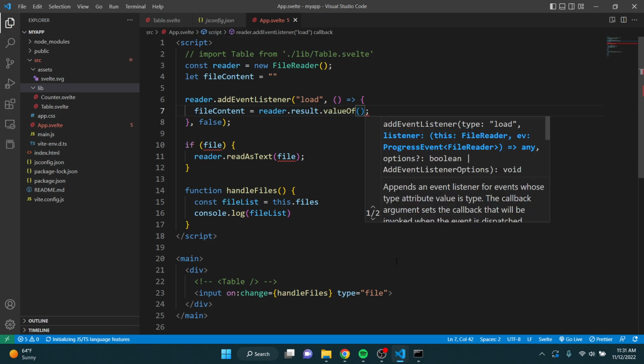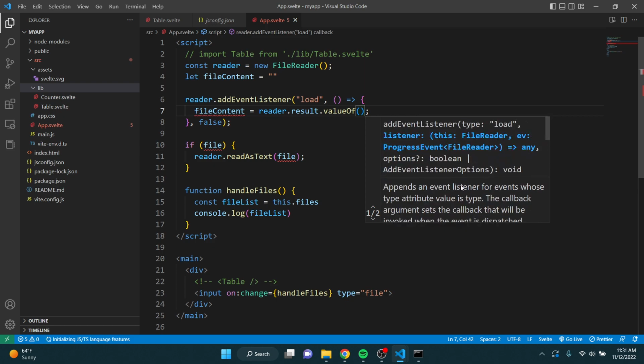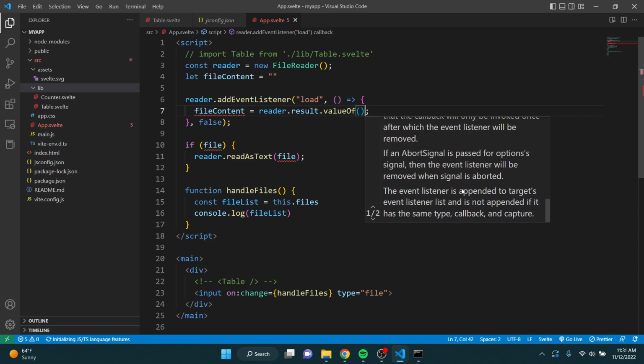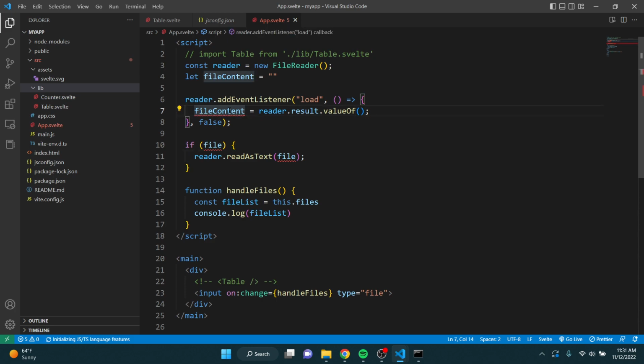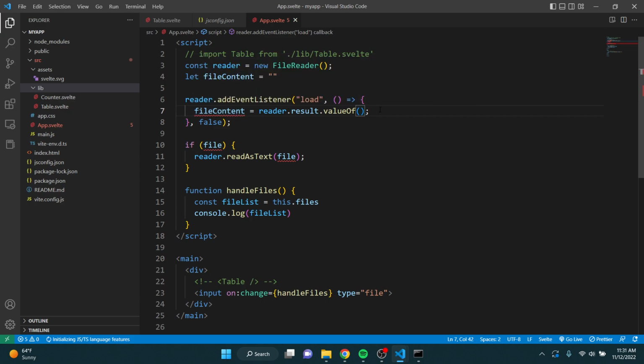What's value of? Do to string. We know to string returns a string, so might not be what I'm looking for, but